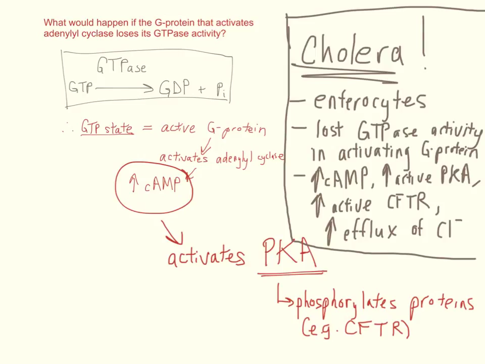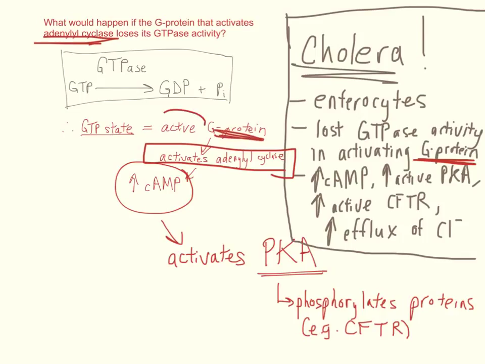This is precisely what happens in cholera, where the cholera toxin is released from bacteria in the infected intestine, and the cholera toxin binds to intestinal cells known as enterocytes. What happens is that the cholera toxin causes the loss of GTPase activity in G proteins that cause the activation of adenyl cyclase. And so we have more active adenyl cyclase because this G protein is locked in the active